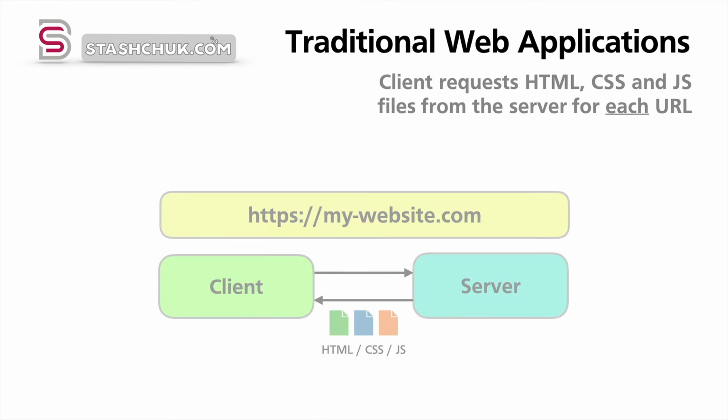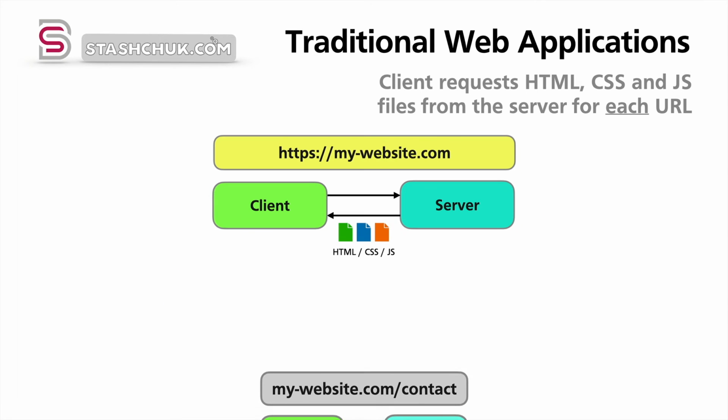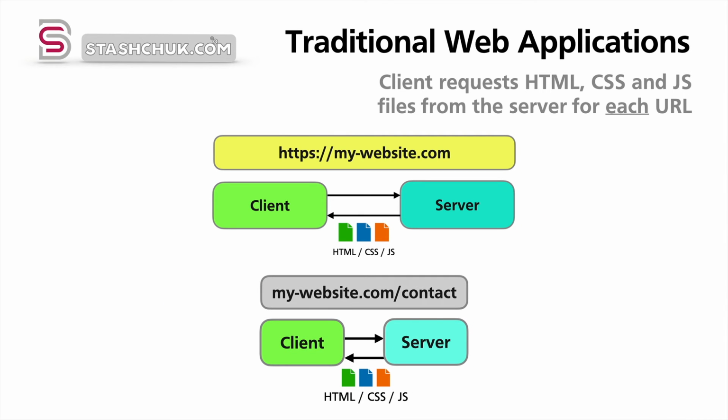In the traditional web application, when a user opens, let's say, the URL https://mywebsite.com, which is basically the root URL for the domain mywebsite.com, your device downloads HTML, CSS, and JavaScript files specifically and only for this single URL. But as soon as you click on another hyperlink on the web page, for example, the contact page, your web browser again makes all requests for the HTML, CSS, and JavaScript files for that web page,